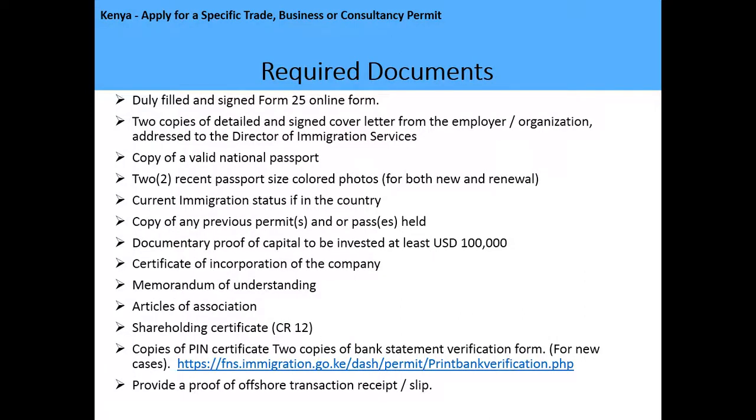The required documents are as follows. You need first of all a duly filled and signed form number 25, 2 copies of a detailed signed cover letter from an employer organization addressed to the Director of Immigration Services, copy of a valid national passport, 2 recent passport size photographs, current immigration status of the country, copy of any previous permit or passes held, documentary proof of at least $100,000 US dollars for investment, certificate of incorporation of a company, memorandum of understanding, articles of association, shareholding